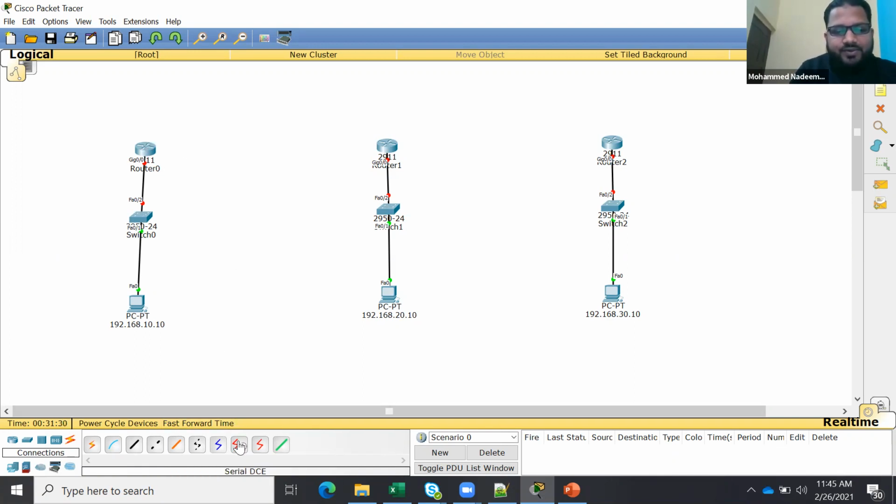Previously we used this DSC and this type of cables. Generally what will happen when you want to connect to the ISP? Let's say this is Hyderabad, and this is Bangalore. You will talk to the ISP and ask them, I want to connect from my Hyderabad branch to my Bangalore branch.